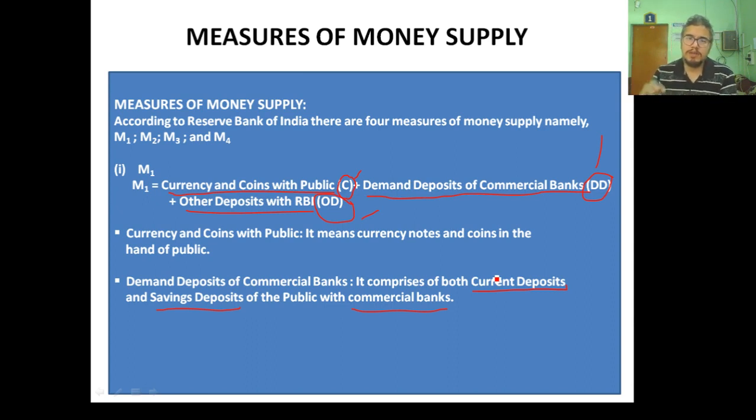Savings deposits, the money which we have saved in the savings deposits, we can use it anytime. Okay, we can withdraw it anytime, we can make use of it for doing shopping and all, for purchasing something. We can easily use the savings deposit money. Now there are certain limitations in savings deposits regarding the withdrawal. If you are to withdraw the money from the bank itself, you are not allowed to withdraw more than 4 times a month or 5 times a month.